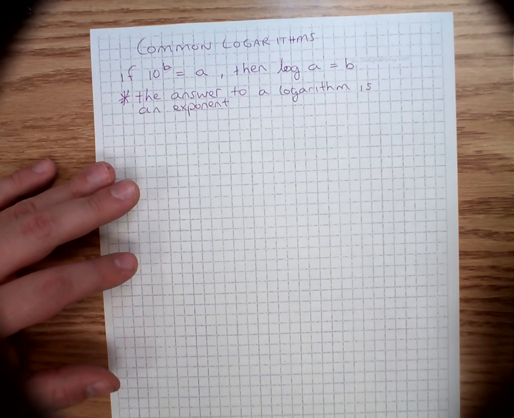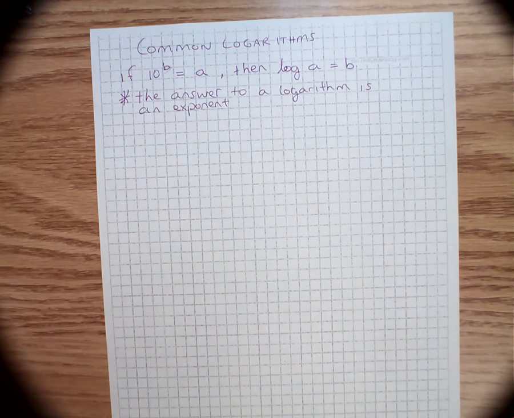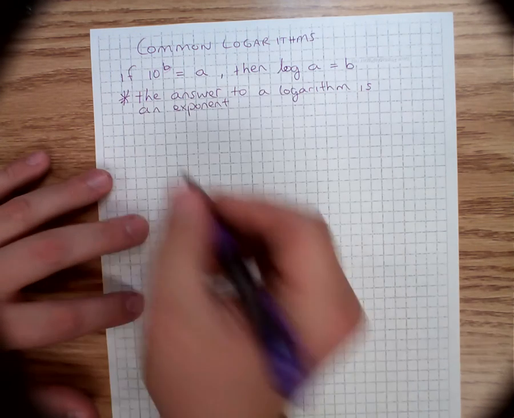So if they cue you by saying the answer to the logarithm is, you should say what? An exponent. The answer to a logarithm is an exponent. All right? It's the same way of saying